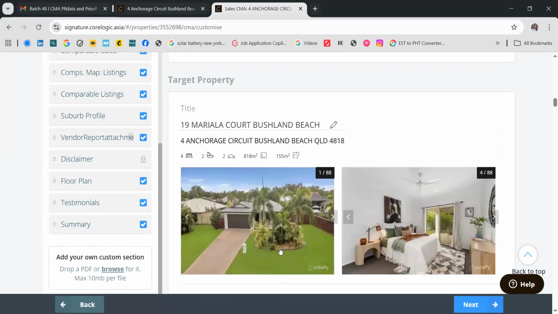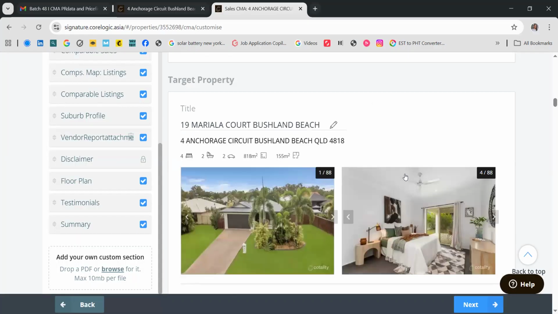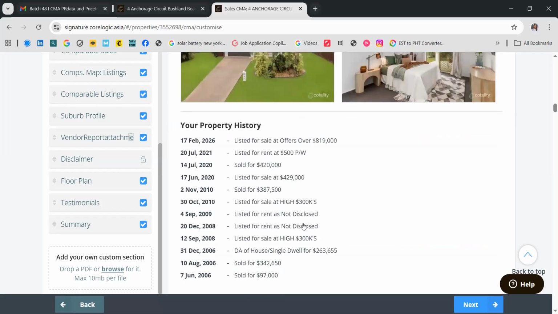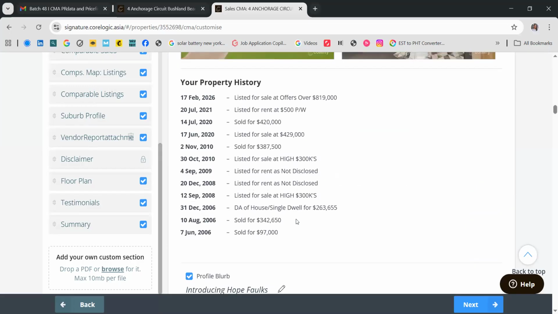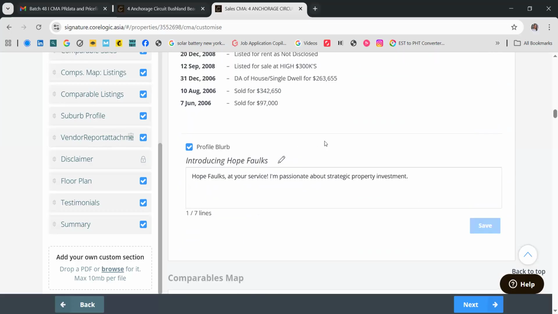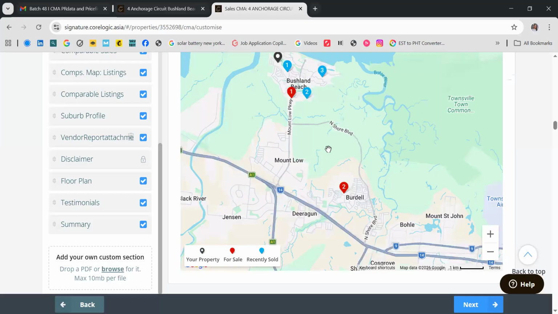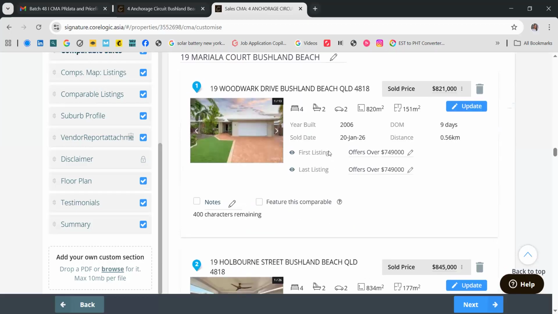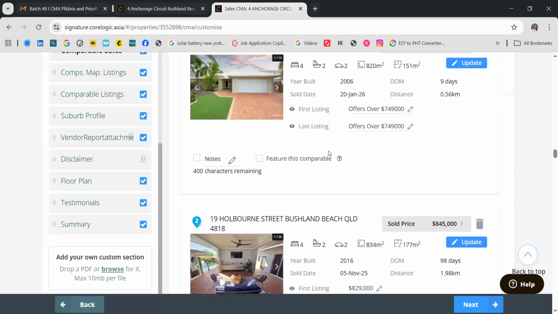I just want to check some other details here. For the comparables, the maps, the comparable sales.